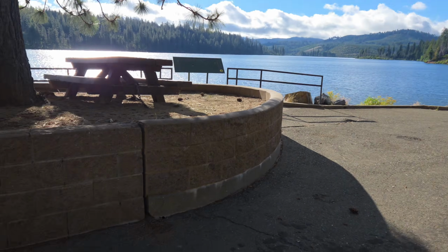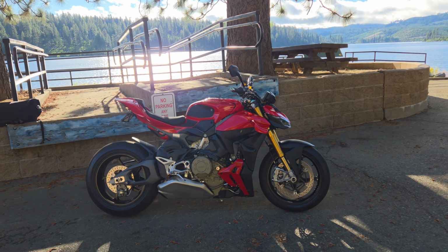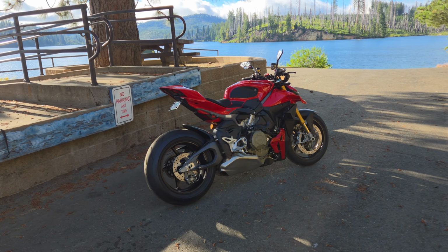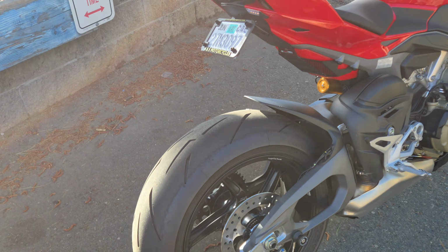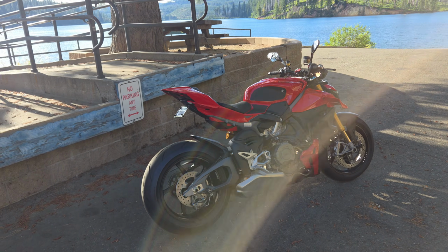So here's the bike right now. 26 Streetfighter V4S. Just what I've done so far. You guys saw the last video where I was installing the Evotech stuff on it, and yeah, I know I still have like 2-inch chicken strips there. I don't know, it's just really cold. I can't really push the bike just yet. So, anyways,